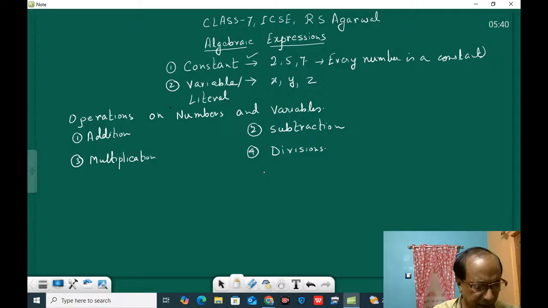Suppose we write x plus 8. It is the addition of a number and a variable, or you can say the sum of x and 8 is x plus 8. For any variable, suppose x,